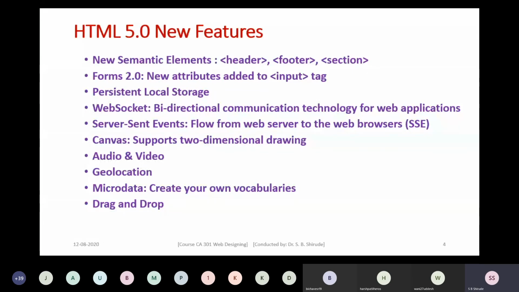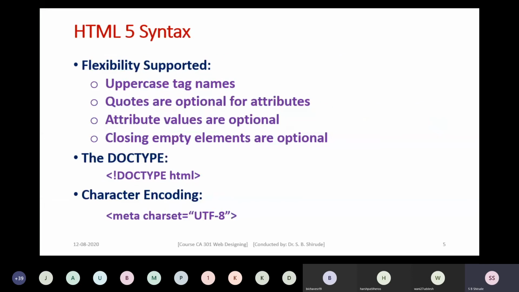We'll start with the use of the new semantic elements today. Next, in HTML 5.0, we can find new attributes added to the input tag. Many new attributes are added to the input tag, and that forms the Forms 2.0 version of the web forms. Then it supports persistent local storage, which is also very useful while loading web pages.